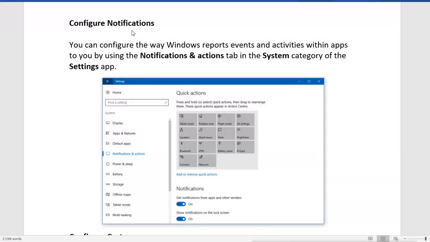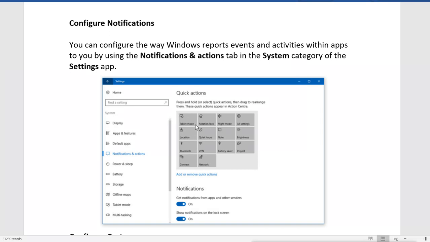Configuring notification. Now you can configure the way Windows reports events and activities within apps to you by using the notification and action tab in the system category of the settings app. So in the system category of the settings app, you have the notification and action setting, where you can decide what notifications you want to see and what you don't want to see.